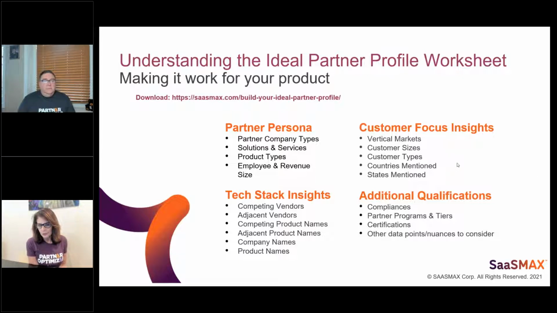So when it comes to partner persona, we're asking what kind of company types and business models these partners are, which you think are ideal, and which are your most successful partners, so that you can replicate those. Are they managed service providers? Are they a break fix consultant? Are they an MSSP or a security expert? Are they perhaps an accountant? Whatever they may be, list down what they are as a business, what they call themselves, and what their business model is. How do they make money?